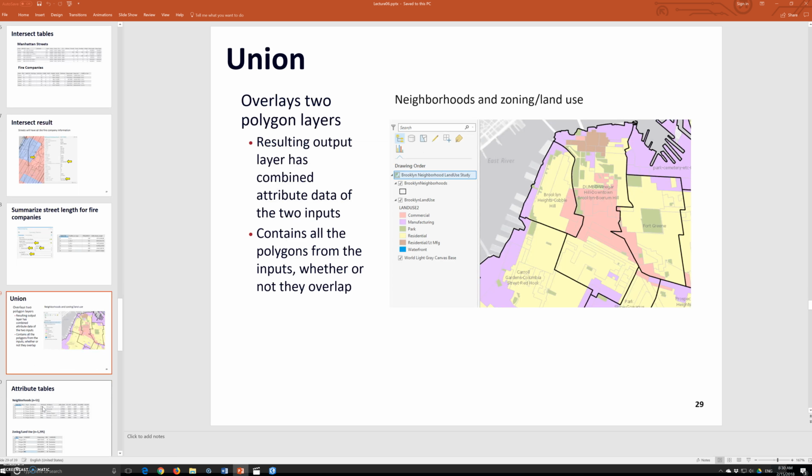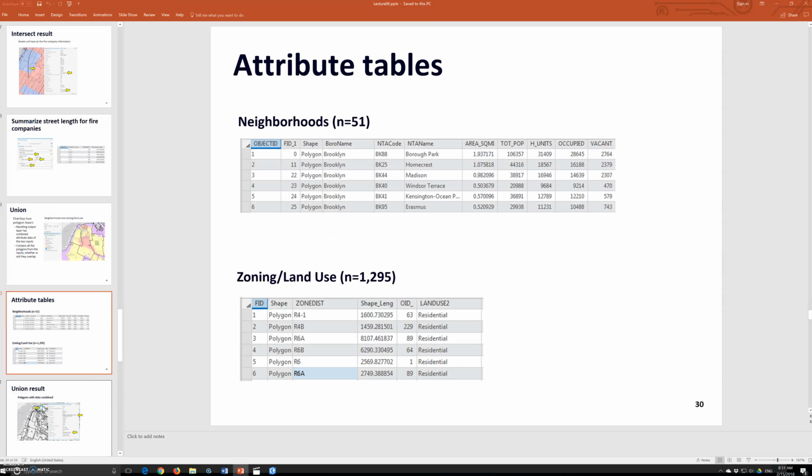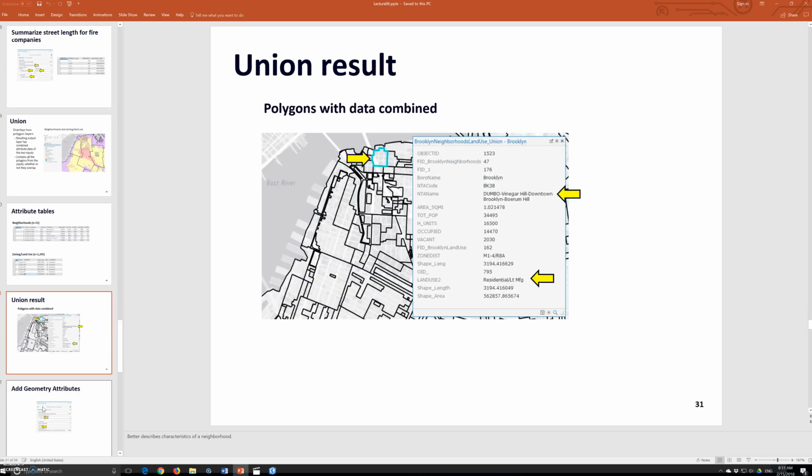Union overlays two polygon layers, and the resulting output layer has the combined attribute data of the two inputs. It contains all the polygons from the inputs whether or not they overlap. So the union is kind of like we add more rows together and everything will be combined together. So the attribute table, for example, neighborhood and everything, and we summarize everything, and we can use the same field and put them together. But here we just summarize everything and we kind of combine them, and union